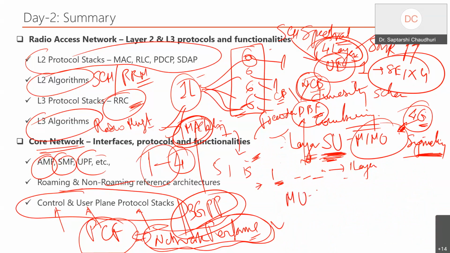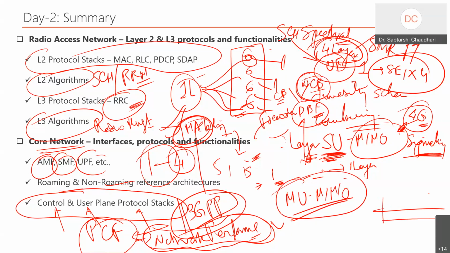the multi-user MIMO. So multi-user MIMO is a tremendously complex feature actually, where we are trying to reuse the same RB with multiple users. Say I reuse the 10 RB in that grid. This is my frequency level grid, just put it horizontally. So I can now multiplex more and more users. I can put UE1, UE2, UE3, and UE4, whatever I can do.